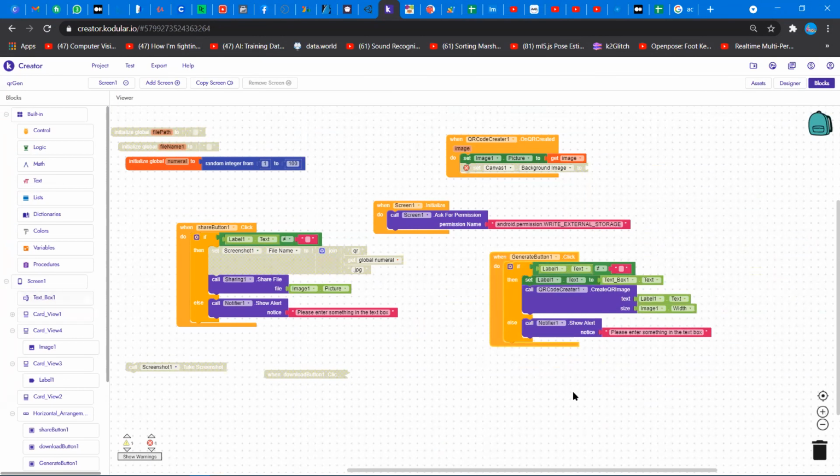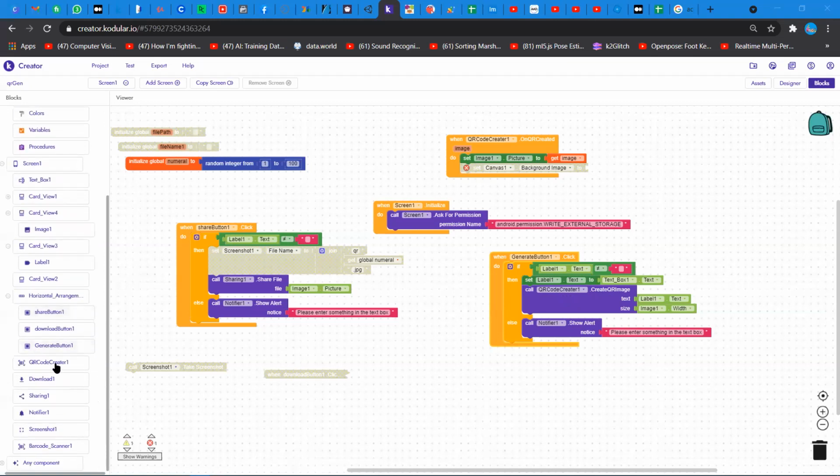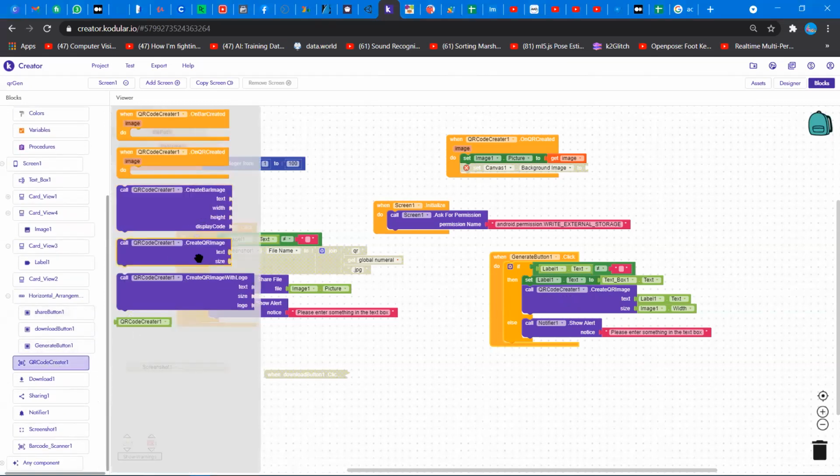Okay, so where should I start from? I want to know where to start from. Please start from call QR code creator 1. Okay, so here, this one. Yes, please. Okay, so you go to your QR code extension, and then pick this block,